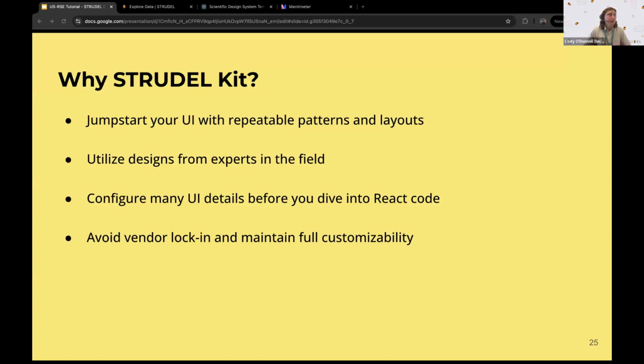Well, first, it helps you jumpstart your UI with repeatable patterns and layouts. So a lot of times when you're building UIs, you may be finding yourself repeating the same things over and over. And so this is one way to help you get started without having to repeat all of the same kinds of UIs that you may have built in the past. But on top of that, you're baking in designs that are vetted by experts in the field. And so you have some confidence that the design and flow of your application is going to work well for